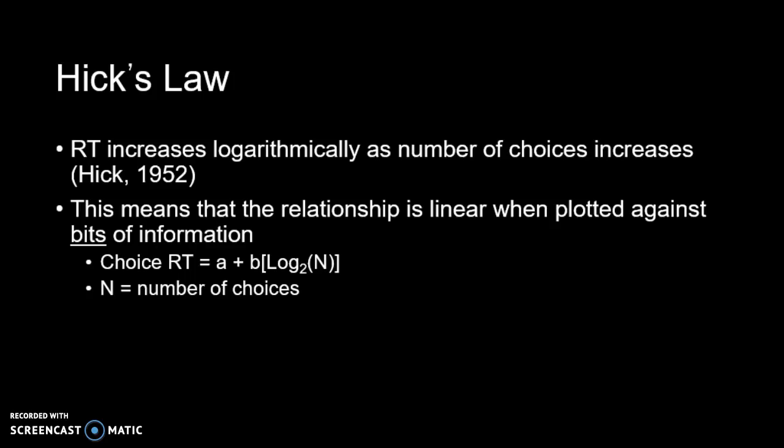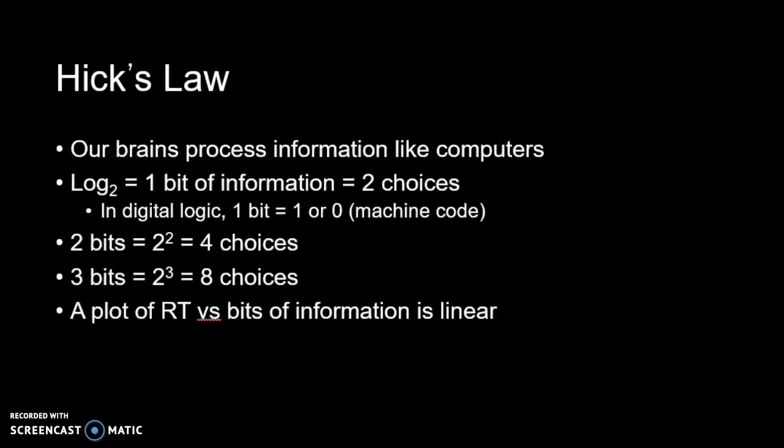This means that the relationship is linear when plotted against bits of information. Okay, so when we talk about log, our brains process information like computers. So if we have 1 bit of information, okay, that would be like having 2 choices. 2 bits, 4 choices, 3 bits, 8 choices. The more bits of information, the more choices there are. So a plot of reaction time versus bits of information is linear. So the more choices that we have, okay, that are uncertain choices, right, it's going to lead to an increased reaction